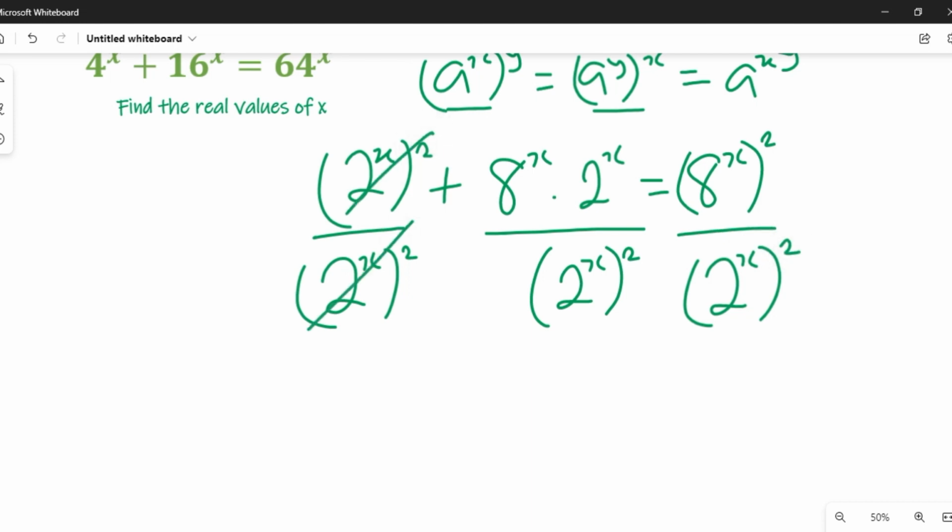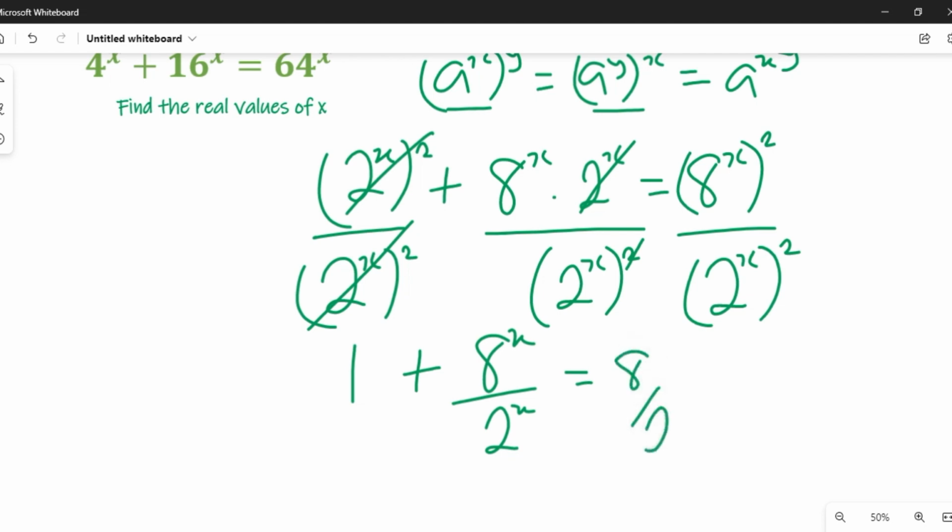This part will clear this part, and 2^(2x) will clear 2^(2x) here, and this expression will now give us 1 plus (8^x over 2^x) equal to